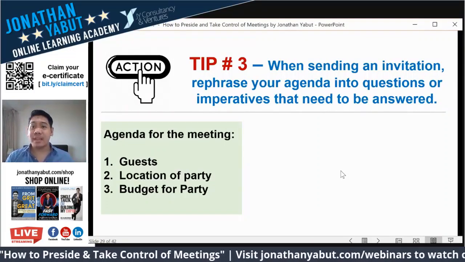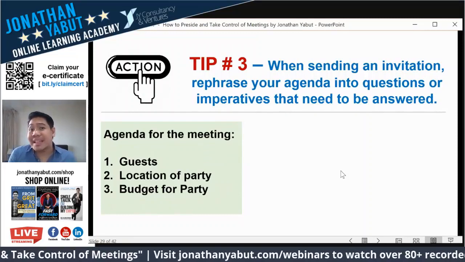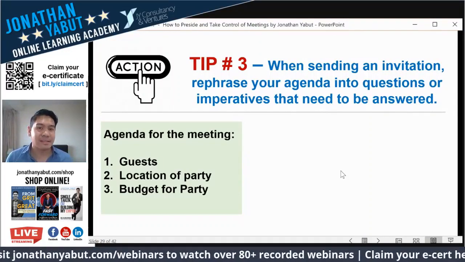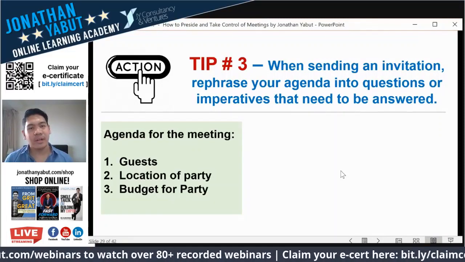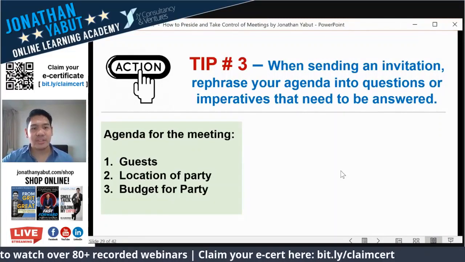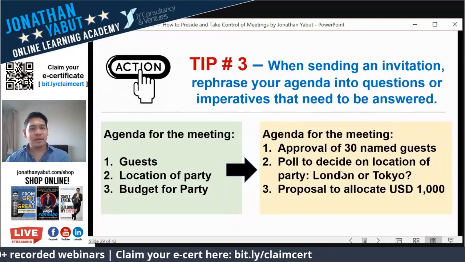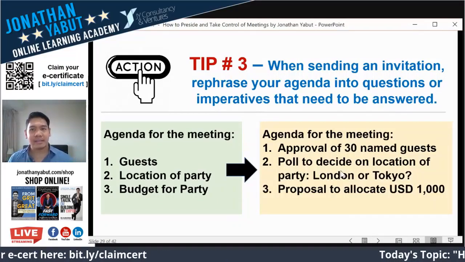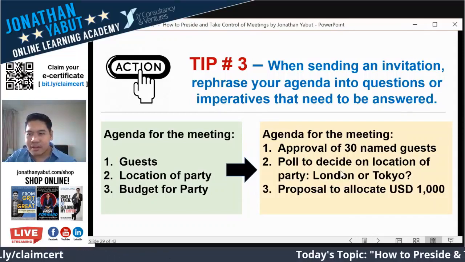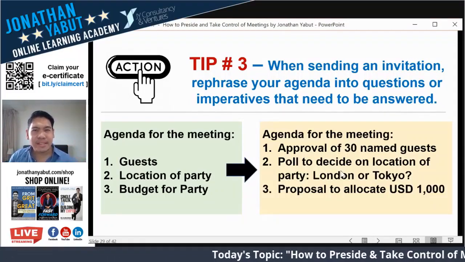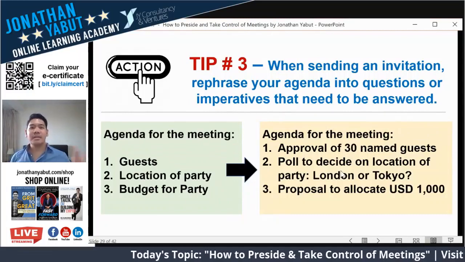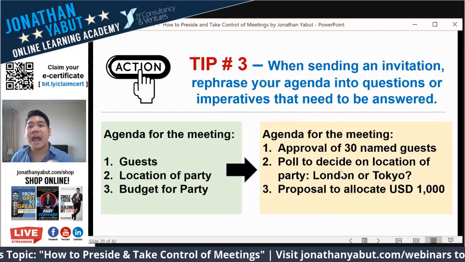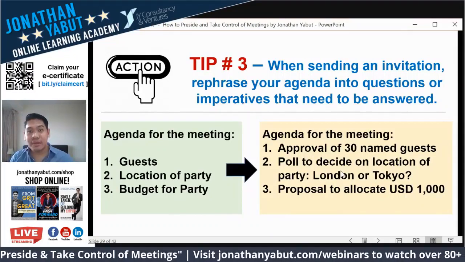So instead of typing it this way, and this for me is a bit lazy, it's typing the agenda for the sake of typing it fast, but it doesn't capture the attention of the audience well. So my suggestion is to change it and say instead, agenda for meeting, number one, approval of 30 named guests. So can I get an exclamation mark if you see the difference there? When people see that sentence, the meeting will involve discussion of 30 guests and I am needed because approval is